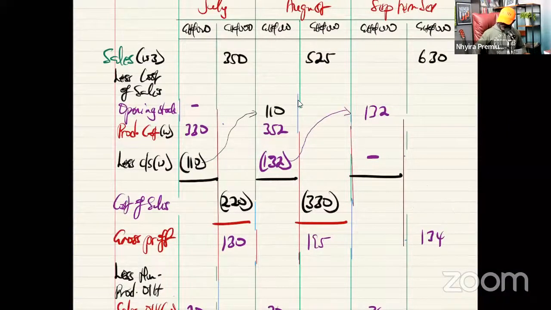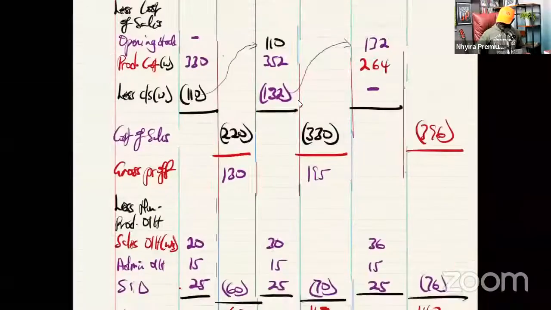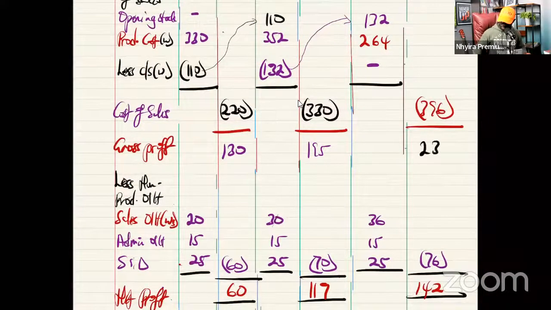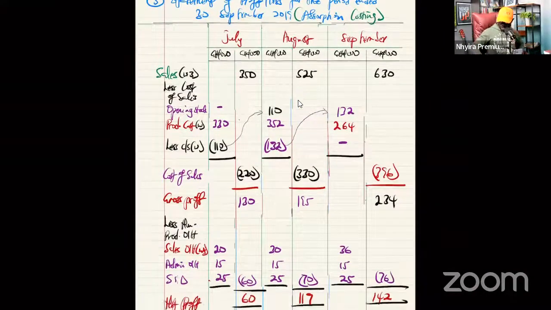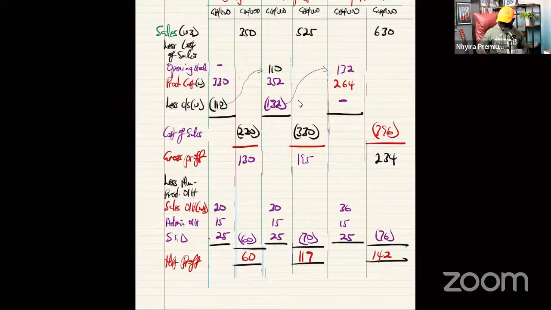It's 264, not 364, because you're supposed to have the same answer. So this becomes 396, so that it will give us the same gross profit of 234. Do you understand? So the choice is yours. Then certainly you bring your over or under absorption of overheads, then you will get the same answer. So the choice is yours, over or under,